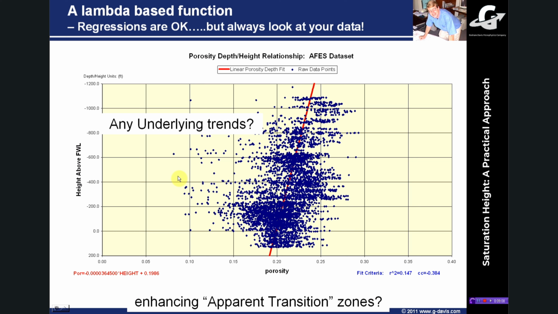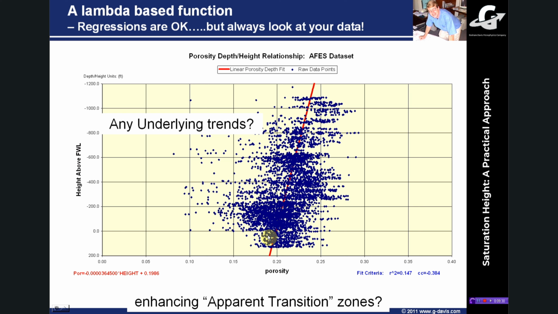Okay, so there may be some other trends. Let's get on to discussing some other complications. And this is where I get onto things like diagenesis and stuff like that. Here, there's a cross plot in there that automatically plots out the porosity depth relationships of your pasted data. And here you can have a look at this data, and as you can see, as we go deeper in the structure, we lose porosity.